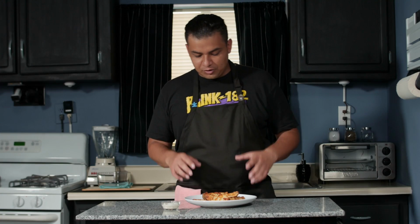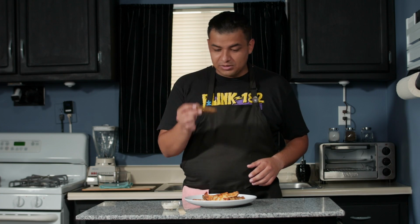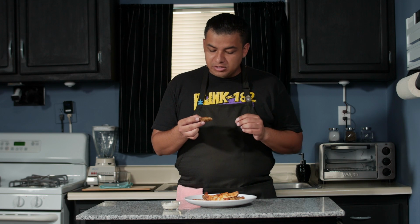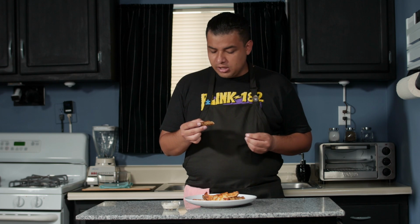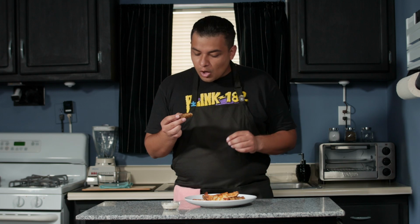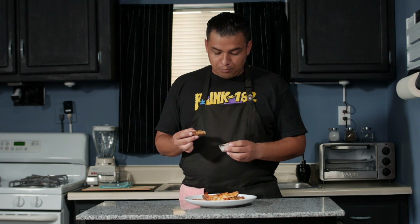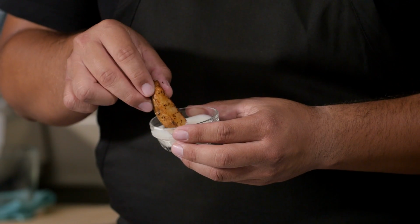It's time for the moment of truth. I'm gonna go ahead and have myself a little taste of these potato wedges. Not bad. Bold flavor, a little bit spicy, a little bit garlicky, soft on the inside, crunchy on the outside, very good. Remember that if you don't want them too spicy or too garlicky, use a little less garlic salt, a little less of the pepper, and now with a little bit of ranch,